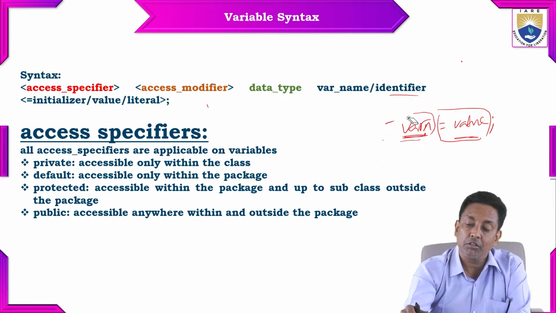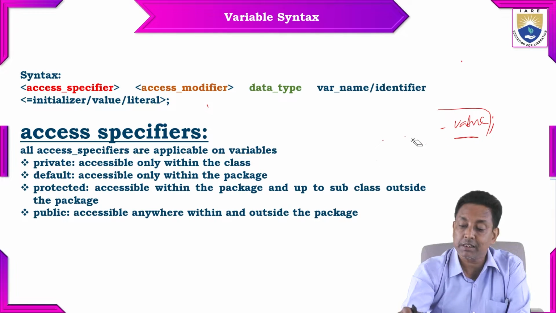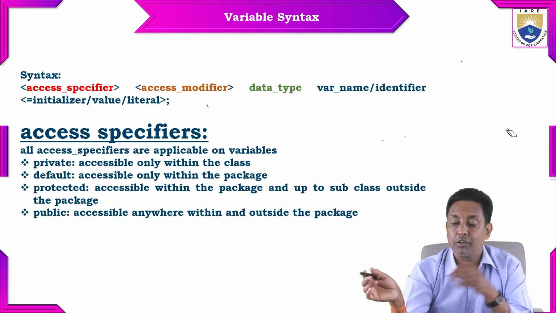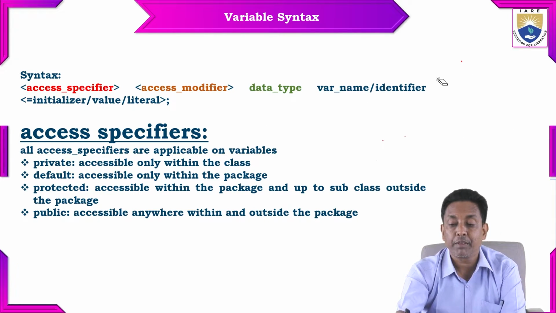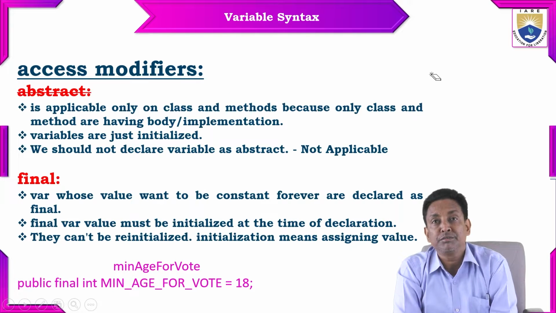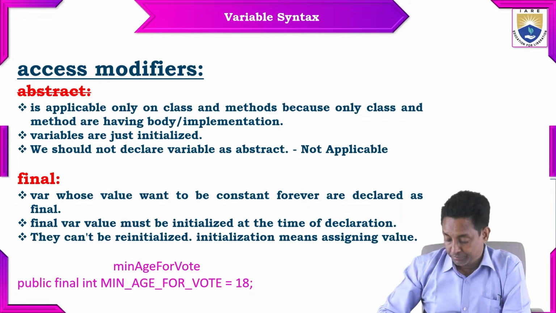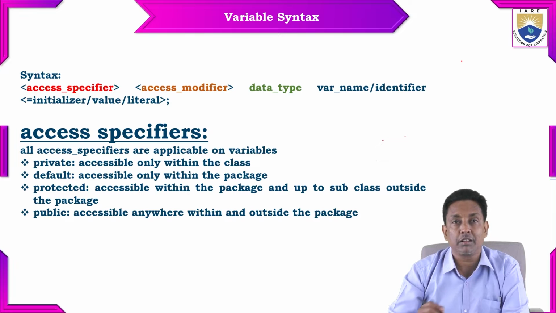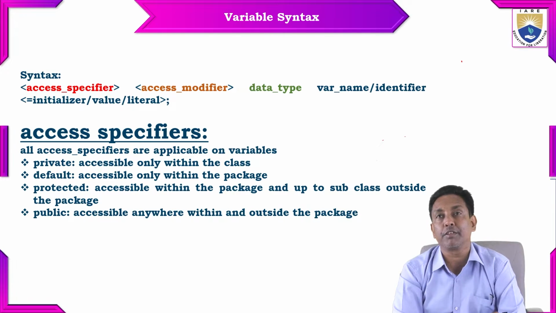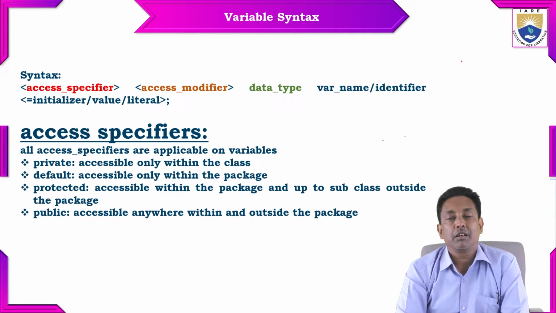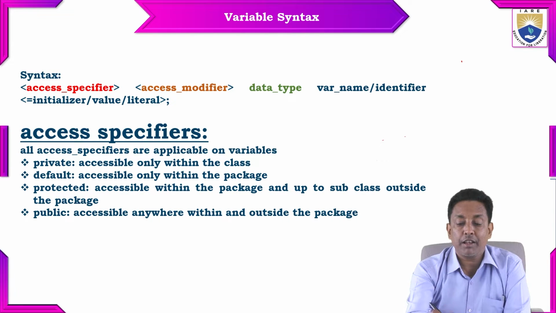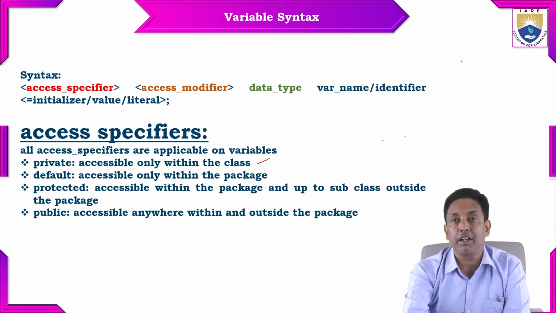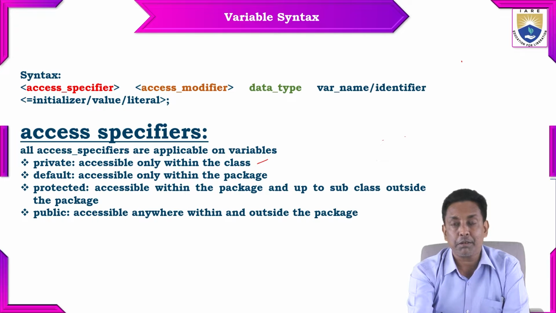See, as we already know, there are 4 types of access specifiers in Java: private, default, protected, and public. Coming to private, we already discussed this topic in the very beginning of the Java programming structure. There we discussed, if any variable is declared as private, the variable can be accessible only